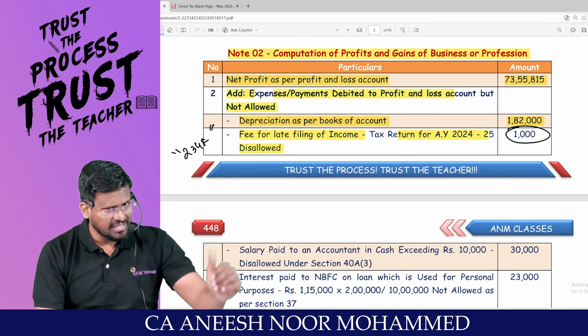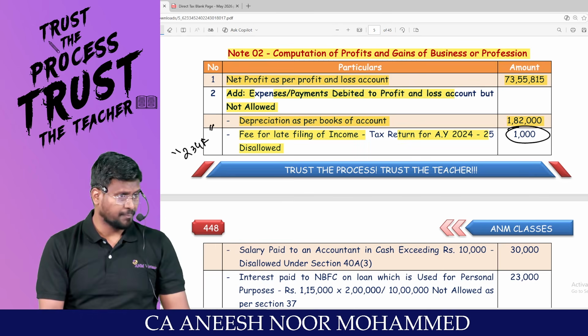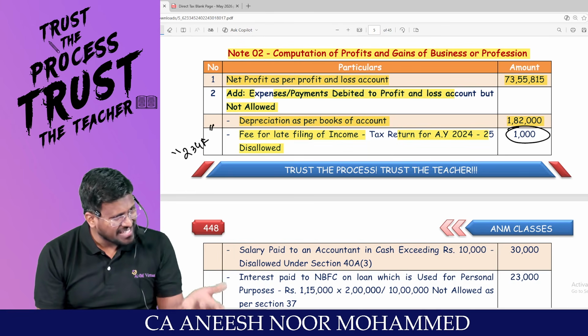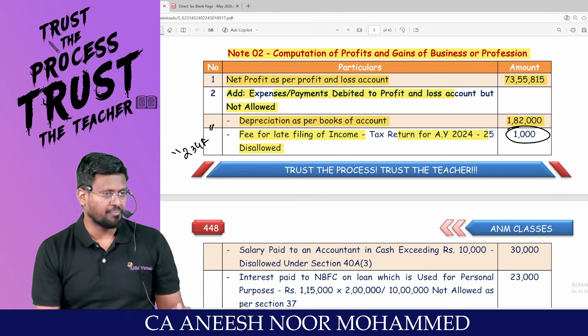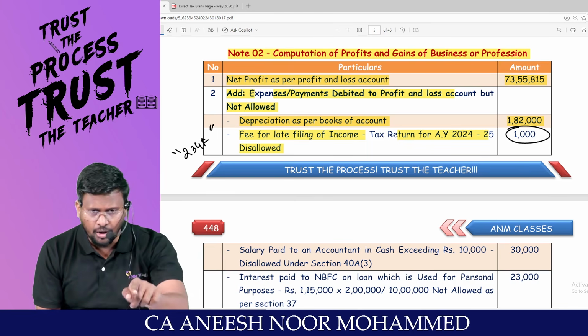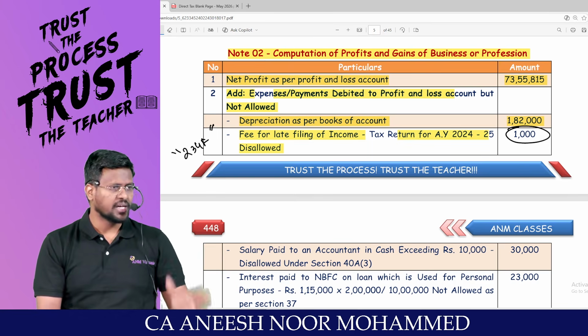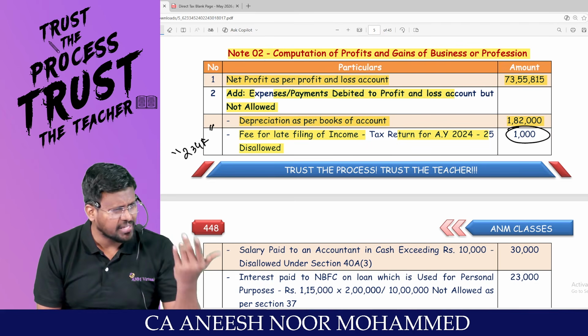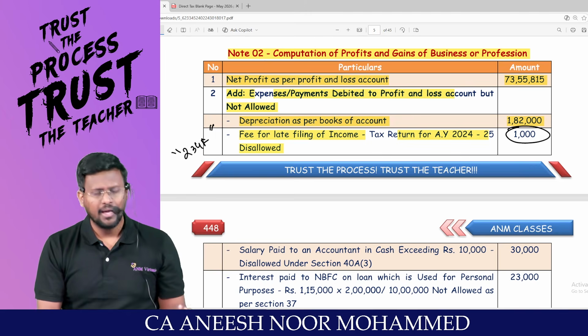Sir, if I pay the salary, then only I can conduct the business. Sir, filing return of income is the procedural aspect of income tax. In income tax, there is a default. For that, you have paid 1,000 rupees. If that has been debited to P&L, how it can be allowed as a reduction under PGBP? Should be added back.